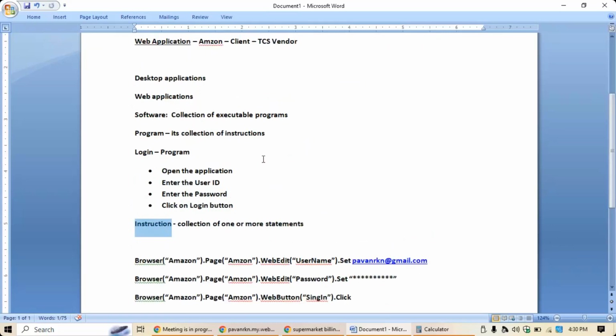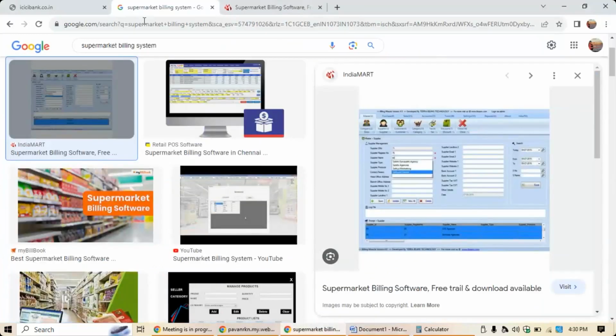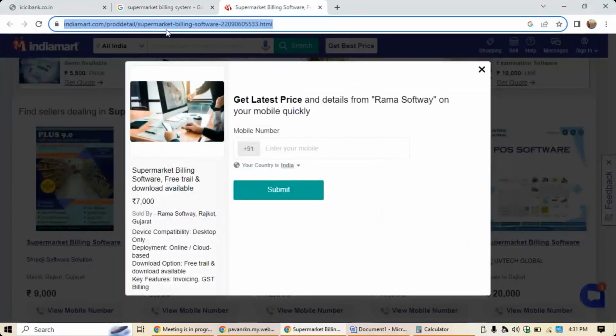So now, once you understand the basic things, you understand the meaning of software testing also. If you break the word, one is software and another one is testing. Now you need to understand what is software testing. Software testing means you are going to check the application. Let us say this is your application. You are checking this application